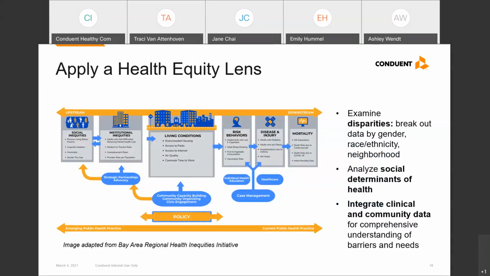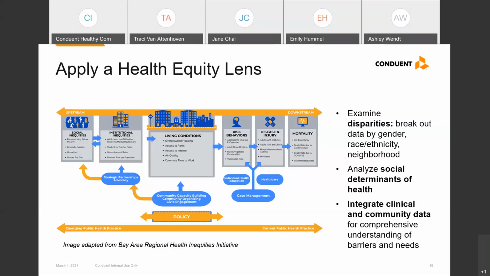We've also seen some upcoming changes to the Mobilizing for Action Through Planning and Partnerships, or MAP process, that is of particular importance to our health departments. MAP is a framework for community health assessment and planning developed by the National Association for City and County Health Officials, or NACCHO, and the CDC. And equity and community power building is being placed at the center of this process. And I'll refer you out to the recent January 16th NACCHO webinar titled MAP Evolution, a Blueprint for the Future, as a really great resource to walk you through some of these upcoming changes.